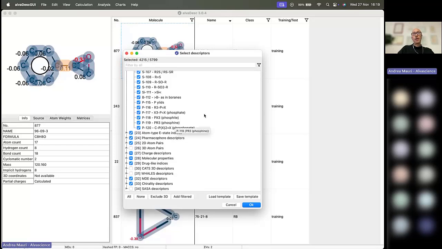Each type of descriptors, 0D, 1D, 2D, and 3D, adds a layer of information,